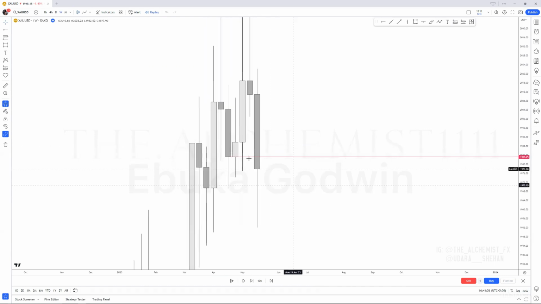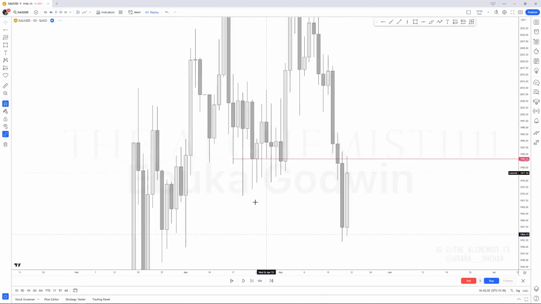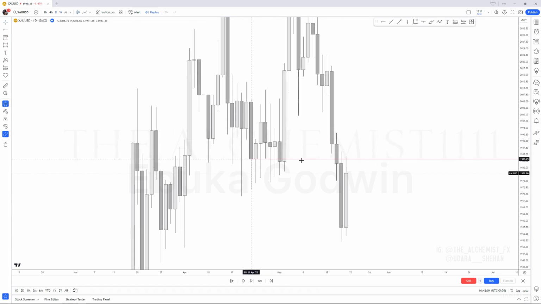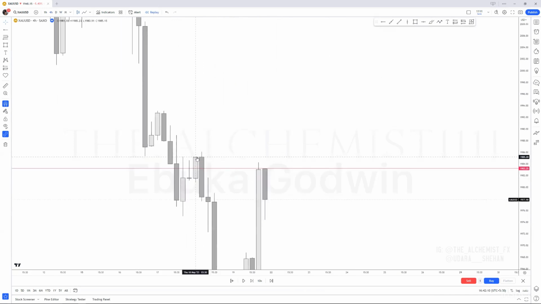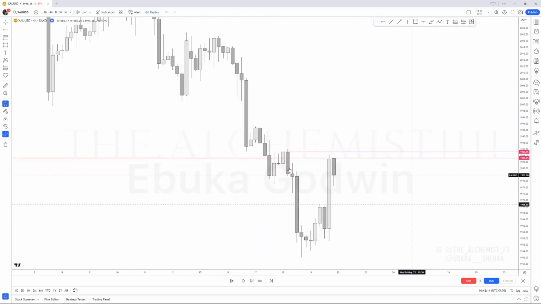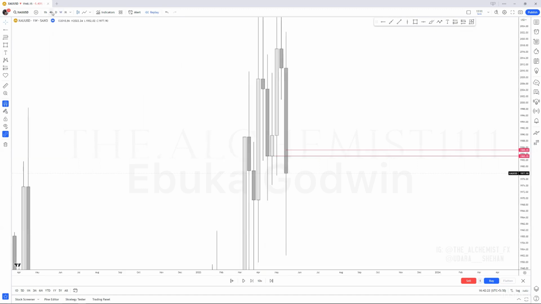So what you could do is mark out your high time frame level, go to the lower time frame, and then do the refinements. If you go to daily, of course, I don't see anything. But if you go to H4, remember, we're dealing with price levels. What is this? A resistance. See that? A weekly resistance. Now you might think, oh, the market has already tapped into that. Now that is on the H4, but did the weekly ever tap into that? No. So that is why higher time frames matter.